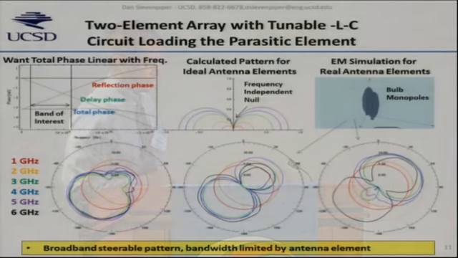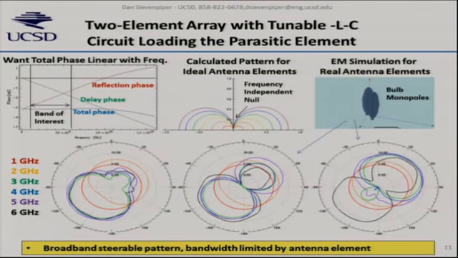So attach negative inductors, or a combination of negative inductors and capacitors, and you can get a beam or a null that is basically constant in angle over a broad range of frequencies. So this is, again, simulations. We're in the process of building these. But the basic idea is you can do pretty well if you use a negative L, negative C circuit,